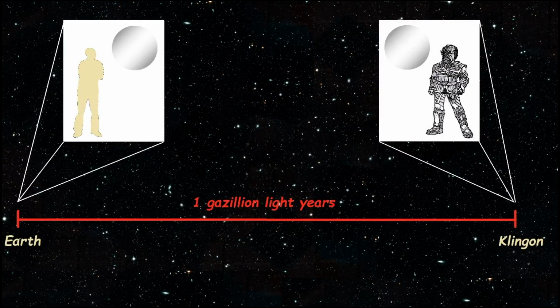Now here's the other issue, and that is, can this individual see or touch the sphere that the Klingon has, who lives gazillions of light years away? Can you see or touch that sphere? Hopefully the answer is no, unless you're superhuman, and I do envy your eyesight if you can see it, and I envy your long arm of the law that you can stretch your hand all the way to that sphere and touch it. So if you can't see or touch the Klingon's sphere, is that sphere a physical object?